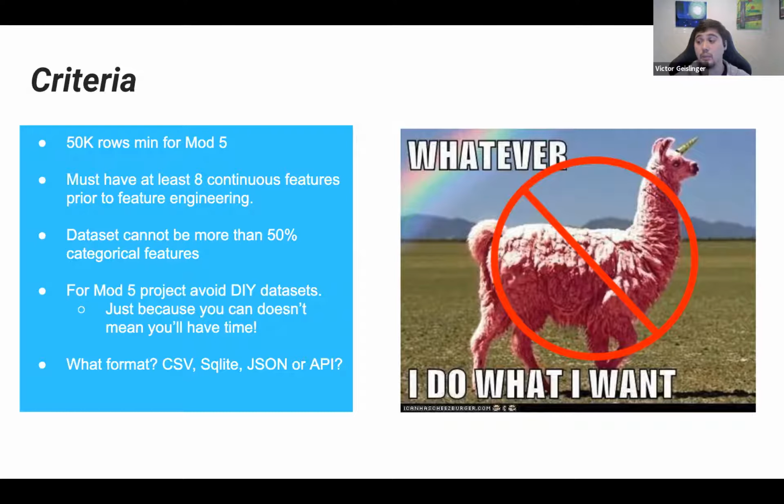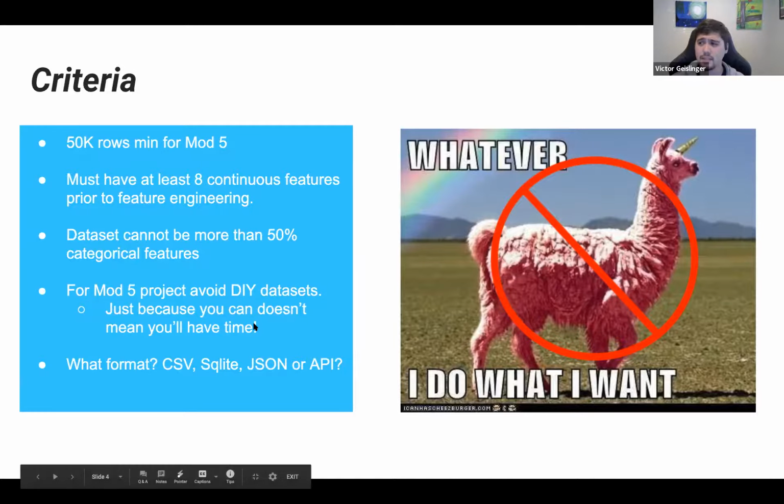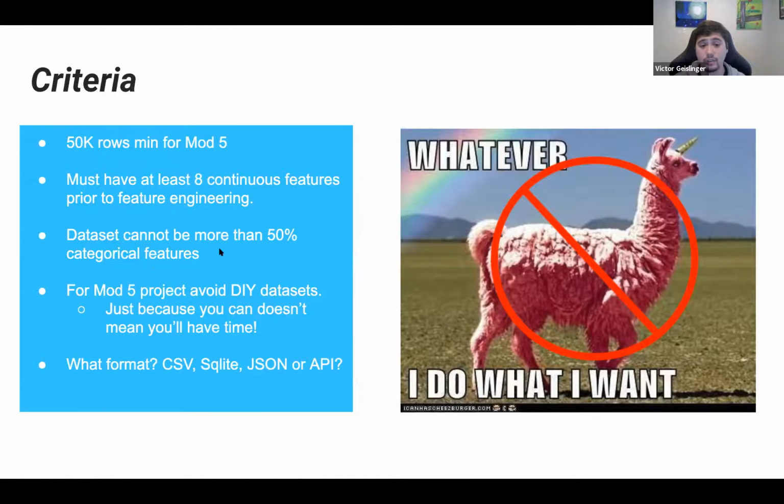In the real world, what you would probably do is other things like collect more data, or combine data sets, or do some other feature engineering. Does that make sense to everyone? Okay. Not to say that categorical variables or features are bad. It's just that for this project, I would say try to focus on getting more continuous features.